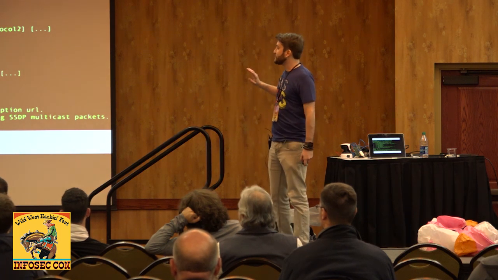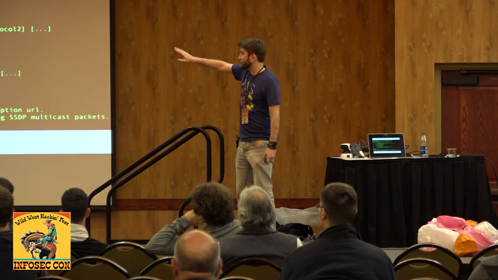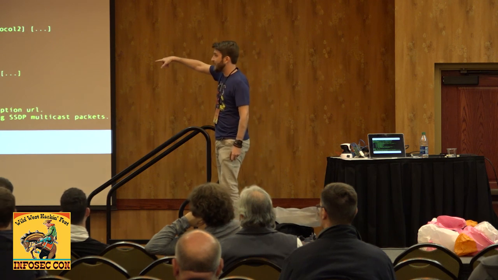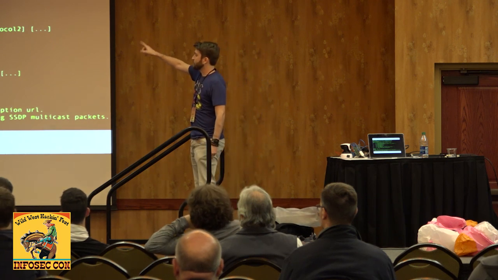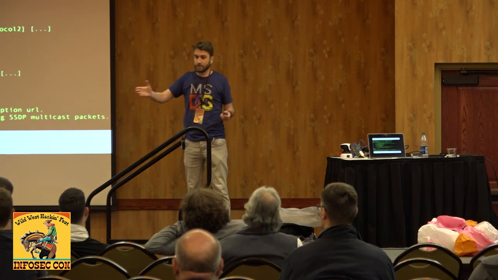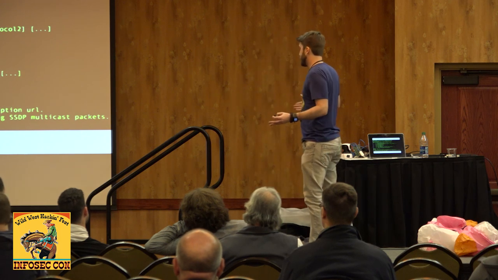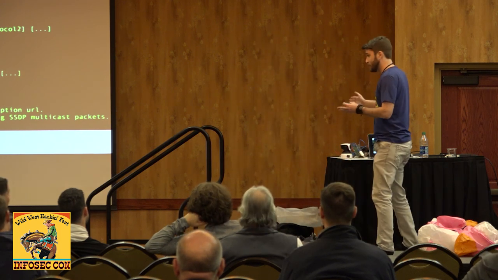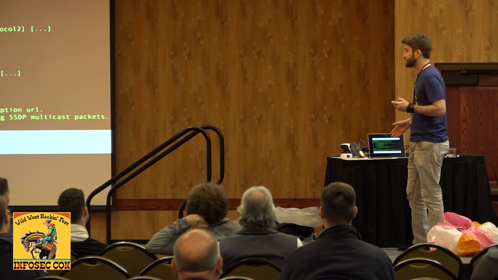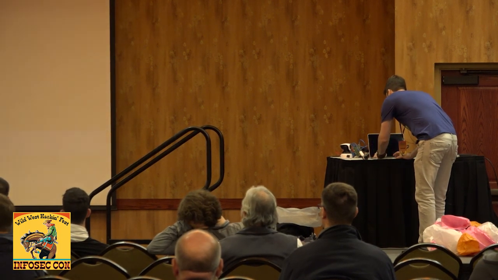So this is what UPnPC static looks like on the camera. You can see, I can just call it and say -a add, IP, space, port, space, external port, space, protocol. Basically, I can open any port I want on your network and redirect it to anything that you have on your network, only because you use a shitty camera that you got off of Amazon. So let me show you that.